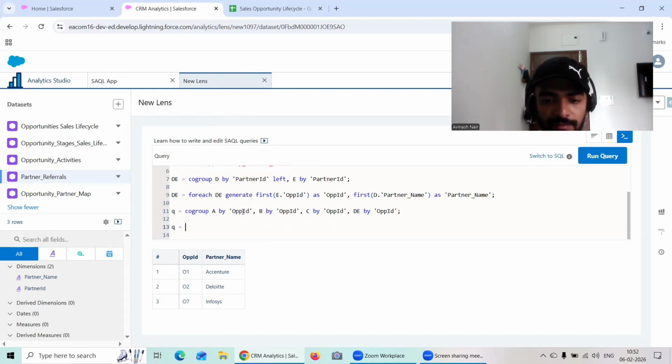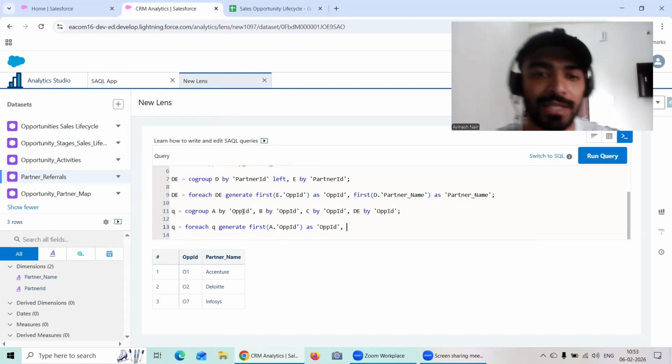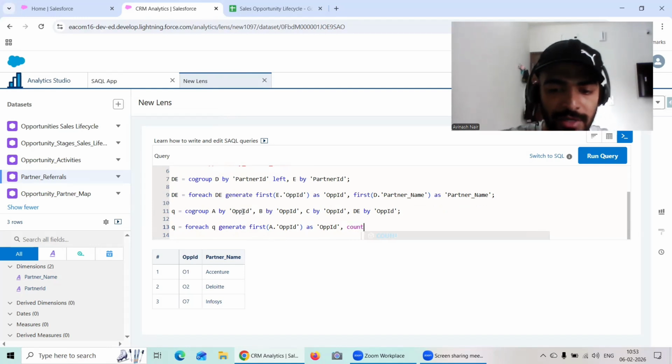So Q equal to for each Q generate. I will be writing first of D dot op ID as op ID. Now I need the stage count. I don't need the stage information, I just need the stage count. So I'll be writing count of